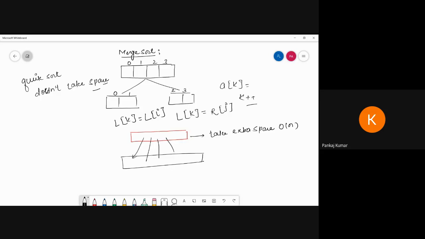And apart from that, merge sort is basically applied to linked lists. Where a linked list is given, it is very easy to apply merge sort, because in a linked list searching, inserting and deletion are very easy, and quick sort we can basically use on arrays. It can be applied on an array also. So don't worry, merge sort can also be applied on an array, but with an array we need extra space.